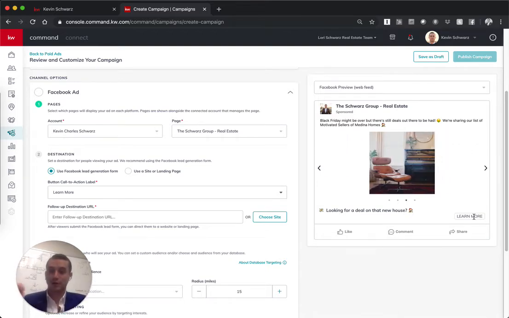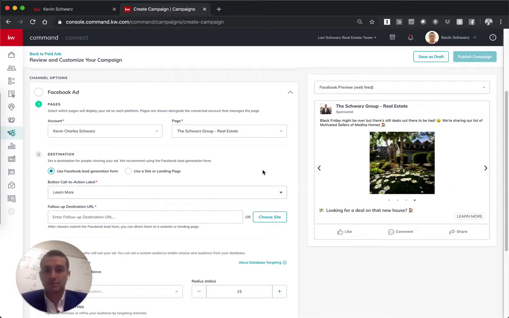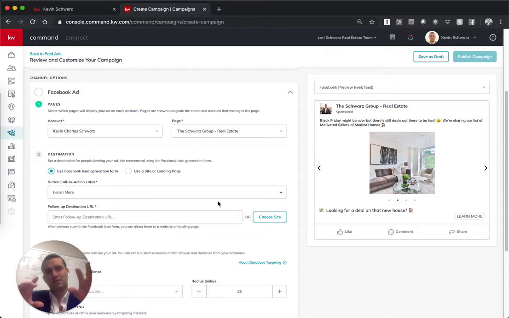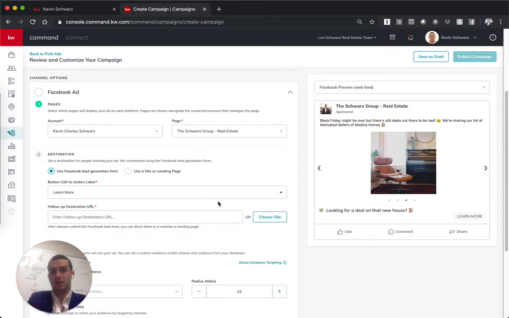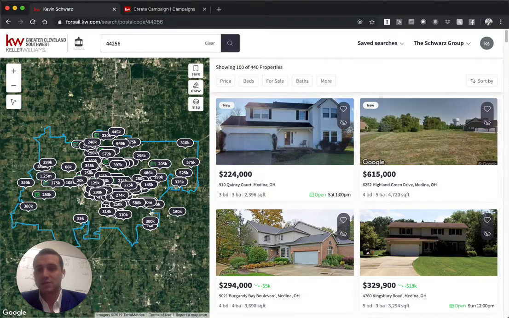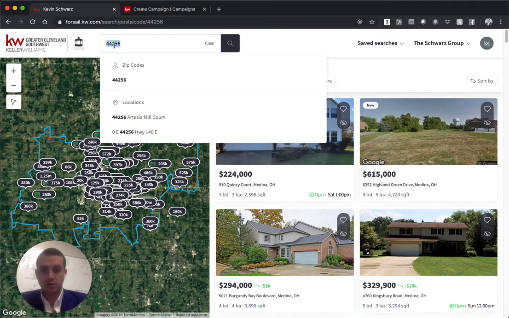I had it up here earlier, but I was going through it with an agent earlier where we were talking about the sales funnel. So you're providing them the Facebook ad, they're giving you their personal information, and we're giving them some type of deliverable right away, immediately. And that's the important part, making sure that you have all 3 of those set up correctly. And so for here, the deliverable is going to be this follow-up destination. So this is the area that we're going to be marketing to. I typed in my zip code here, the area that I'm running this Facebook ad in,